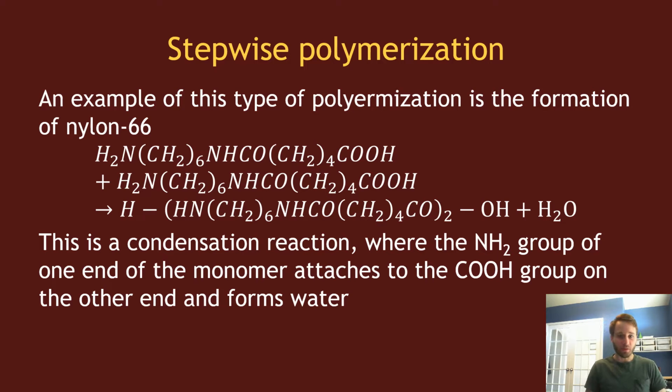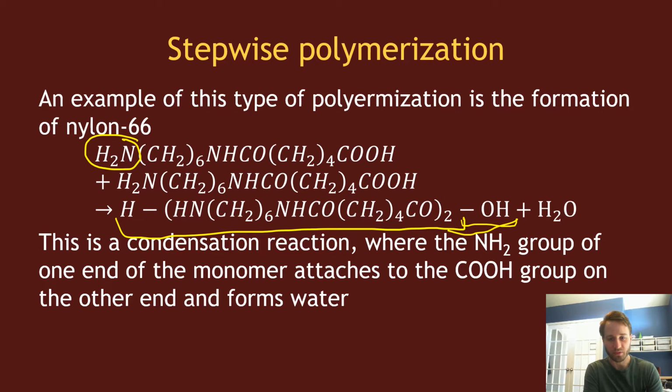An example of this type of polymerization reaction is the formation of nylon 66. The monomer reaction given here forms a dimer. This product here is just a dimer. How this works is you have an NH2 group and then a COOH group, and those react. NH3+ plus CH2 or 3 COOH will form,